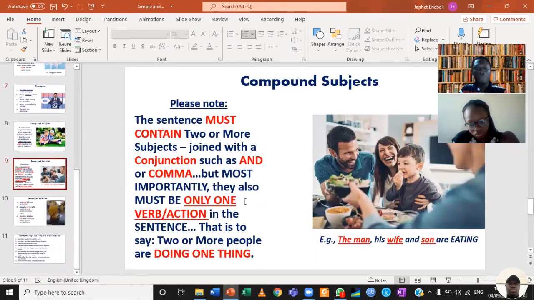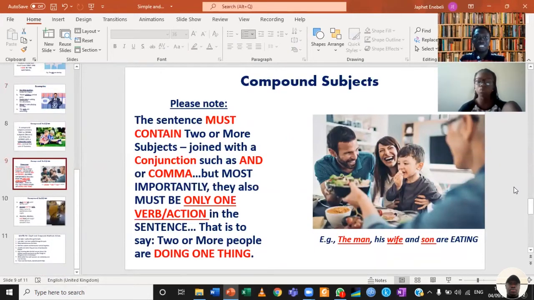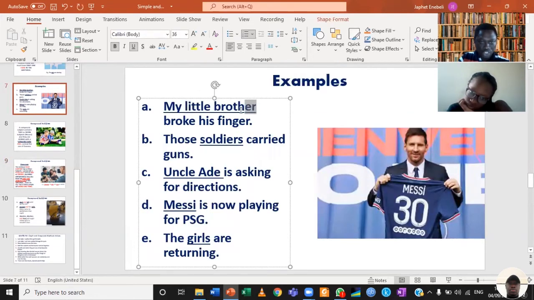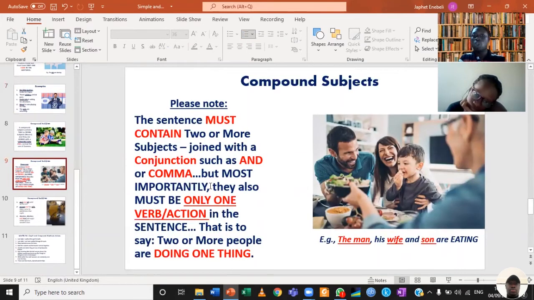Compound subjects. Now, for a compound subject, the sentence must contain two or more subjects. That means these examples, this is one, right? But in compound subjects, you must have more than one. So the sentence must contain two or more subjects, and